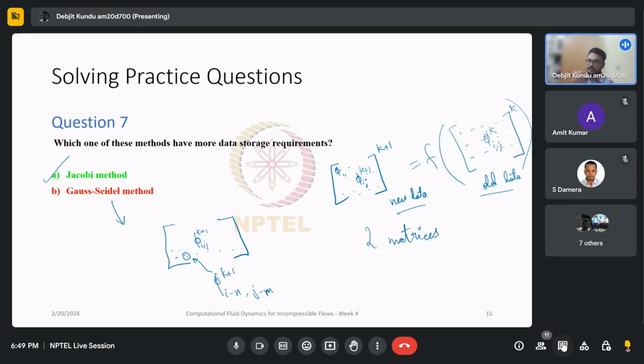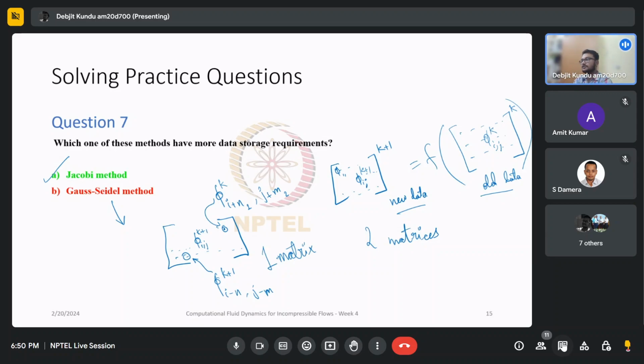This has been previously calculated. And let's say some other point later on. This will be calculated later on. That is phi, let's say i plus some n2, comma j plus m2. This is not calculated yet, so this is still at the kth level. So there is only one matrix in the Gauss-Seidel method which we keep on updating,